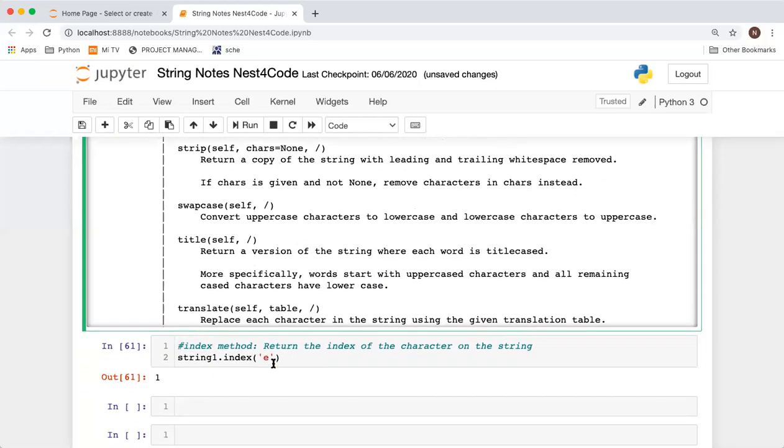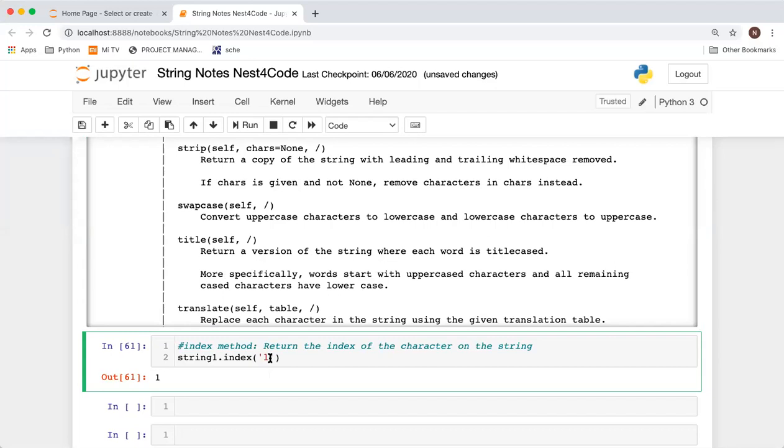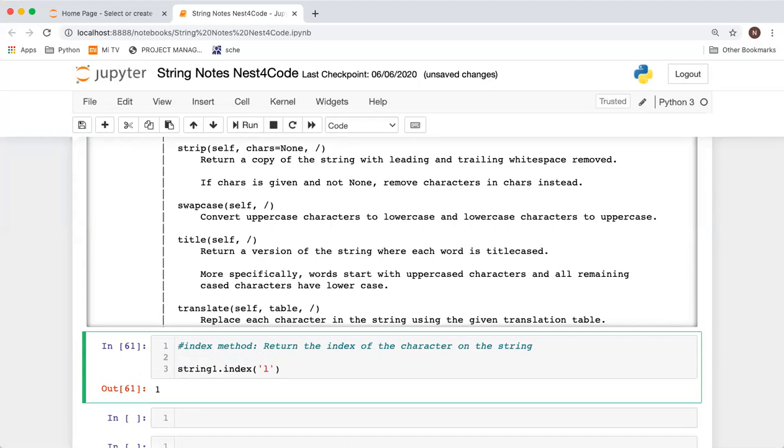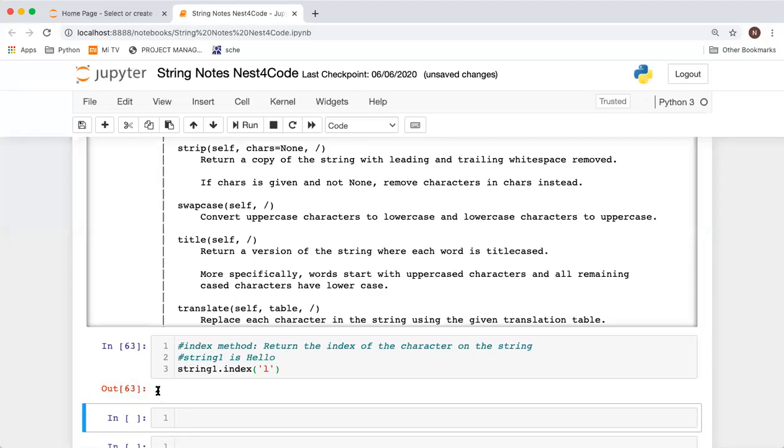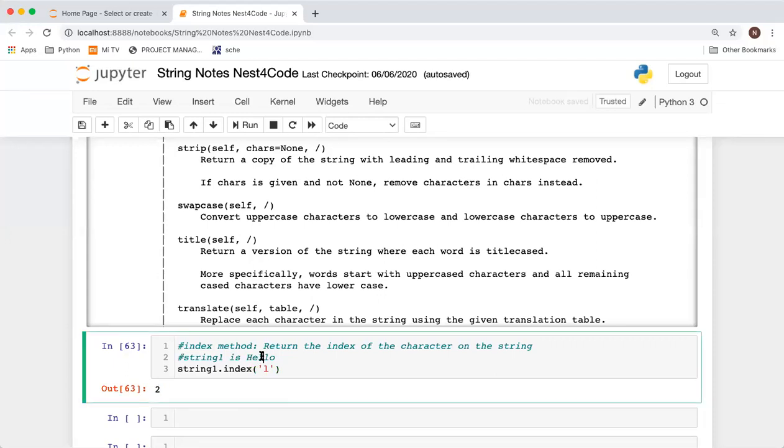Okay, so what does it mean? If we search say for L, we know that our string one is hello, right? It will give us the lowest index, so it will give us the first place where this index is there. So it always returns the lowest index.